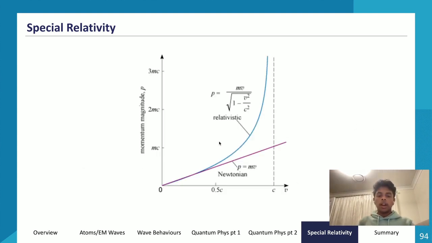And this is what it looks like. So using Newtonian physics, or the classical physics, we get P is equal to mv. So it just goes up like this. So the momentum required is mc, which is not too much, right? Or it is a lot, but it's doable to a certain extent. But using our understanding of relativistic physics, or relativistic momentum, we can now see that as we approach c, our momentum asymptotes at infinity.